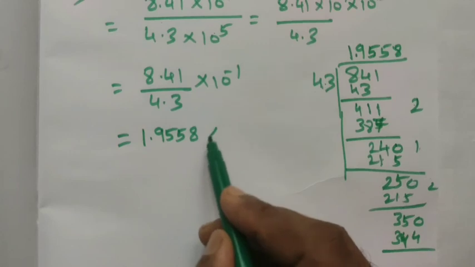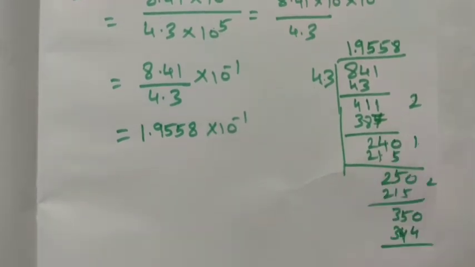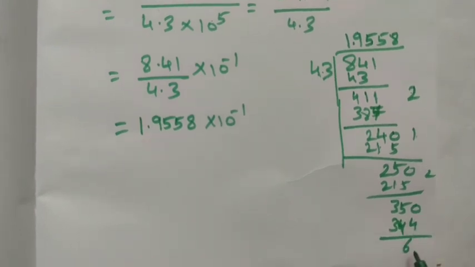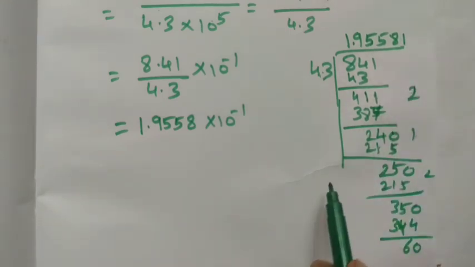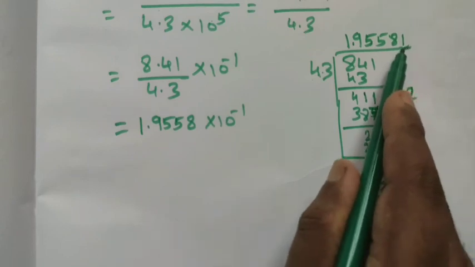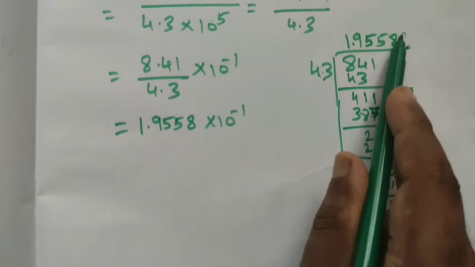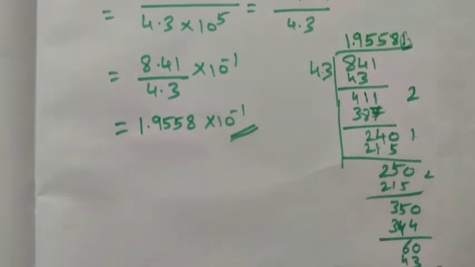1.9558 into 10 to the power of minus 1. If you want to check what the next decimal place is, when I subtract this we get 6 only. When we subtract we get 6 only. So if you put 1 0, surely only one number is possible, 1 times is possible. So if you want to take up to this number, you want to check the third number. So for the last number, if it is 5 or more than 5 we have to add, here we have only 1 itself. So this is the answer. Thank you students.